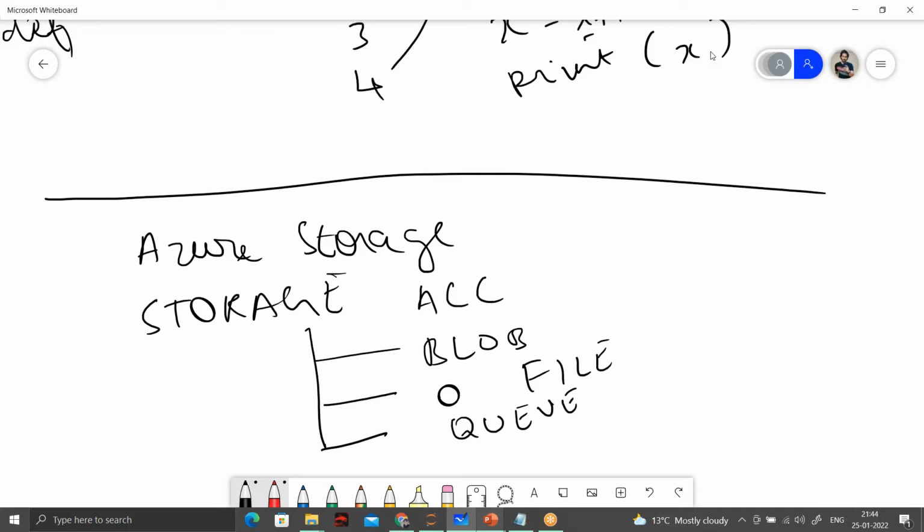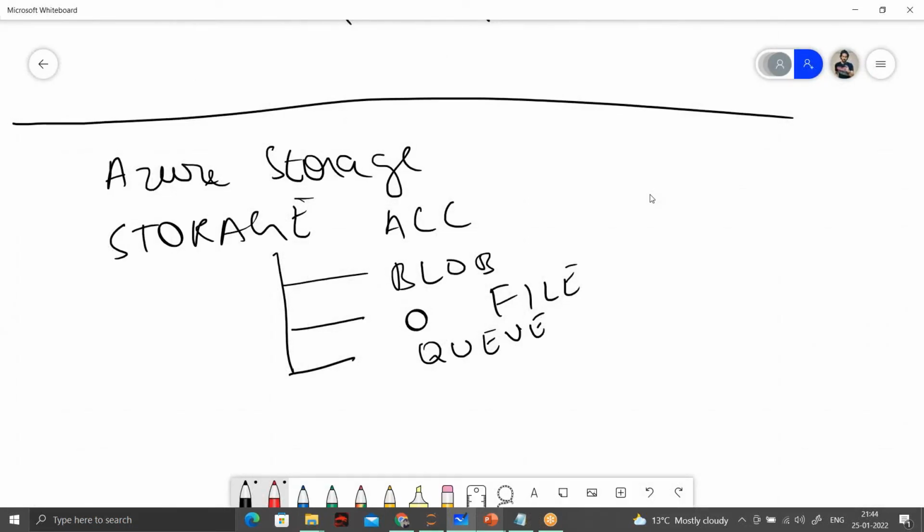Queues is a messaging system used in organizations for sending messages into a queue, and then there will be a listener listening to those messages. And then at last you have table storage, where you maintain data in key value pairs, or JSON data also.